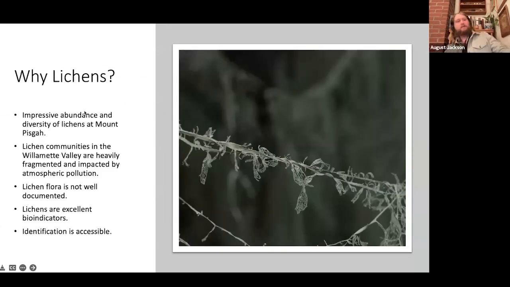So they're great bioindicators. And then the other thing is that the lichen flora on Mount Pisgah is not well documented. We have really good documentation of the plant species. We're still finding some new ones that we hadn't found yet. But people have been really documenting the flora on Mount Pisgah for 50 years now. The mammals are well known, the reptiles are well known, amphibians are well known, the birds are well known. But the lichen flora is really still fairly not super well documented. So that's another nice reason for this project, just to get kind of an understanding of what's there